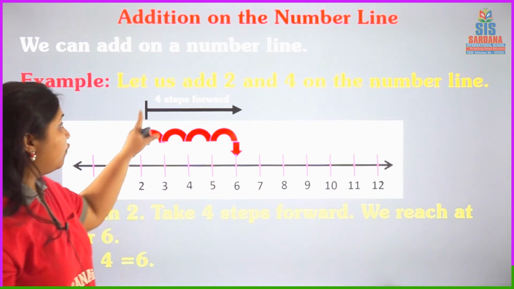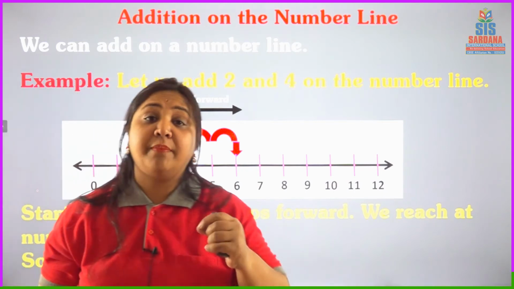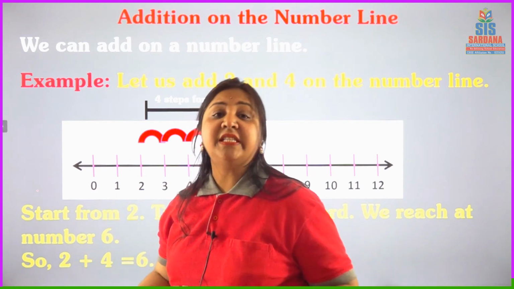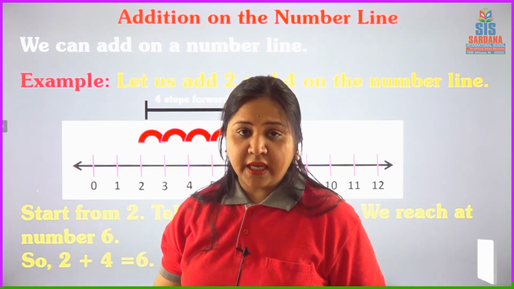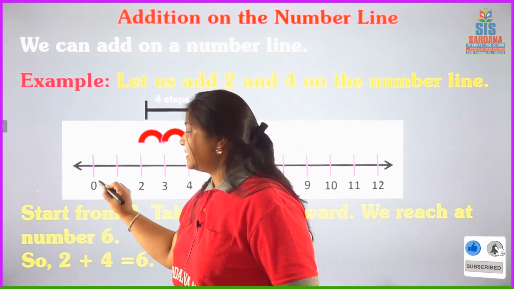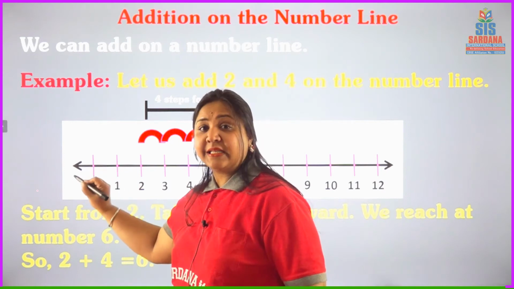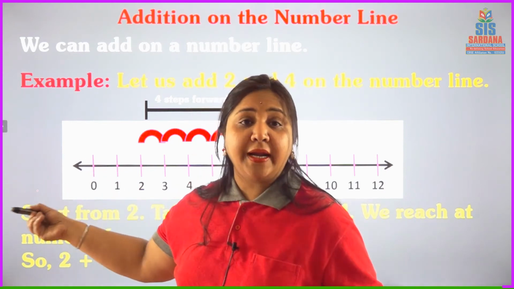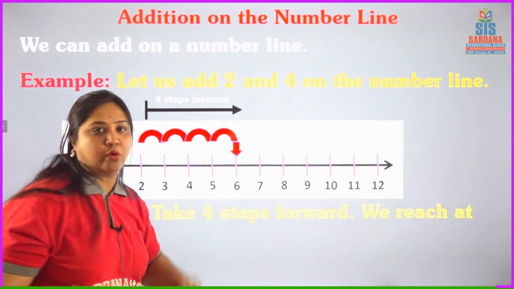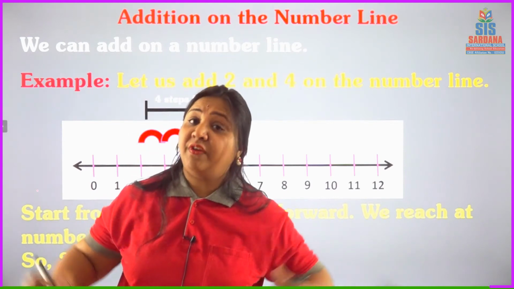Isn't it easy? 4 steps forward you are going. But remember that you have to go one by one. You have to start your number line with 0. Because whenever we start, we do not have anything. Okay? As we move forward, we get something. So, always start from 0. What? The number line. And it will be endlessly in both the directions. It can go endlessly. So, don't forget to put the arrow. Do not forget to put this answer arrow also. Okay? Because it is addition number line. In addition, we get more and more.